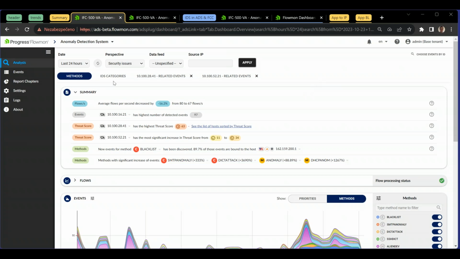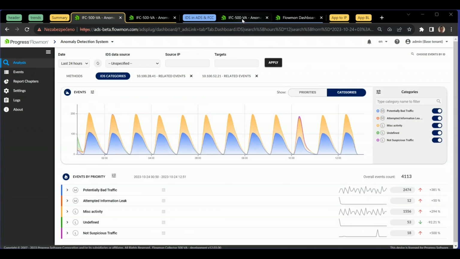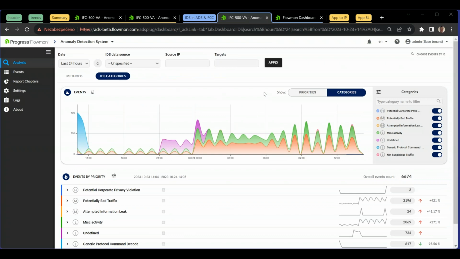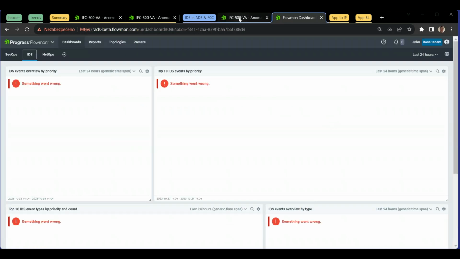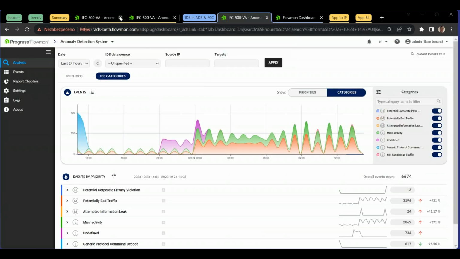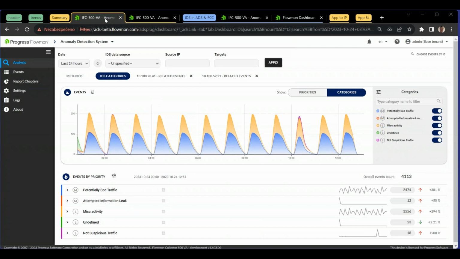Yeah, I'm excited about this feature as well. This feature helps you to go quickly through the IDS events. I will firstly explain what is the difference. So the Flowmon ADS is based on the